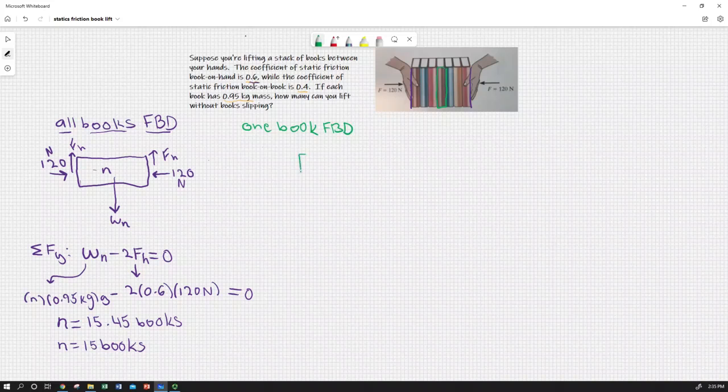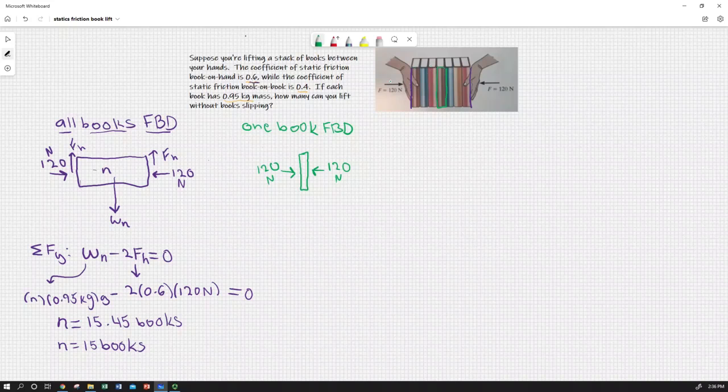So here's one book. Again, we've got 120 newtons because our compressive force was not attenuated. We didn't have any strain in any of the books. So these are rigid bodies. So basically, if I'm pushing with my hand 120 newtons,